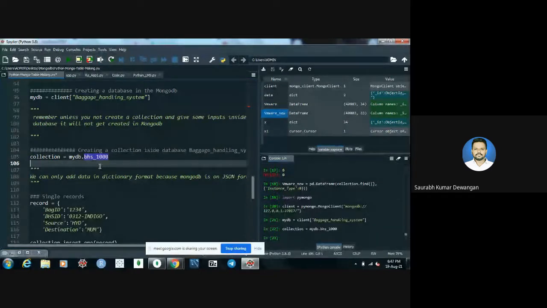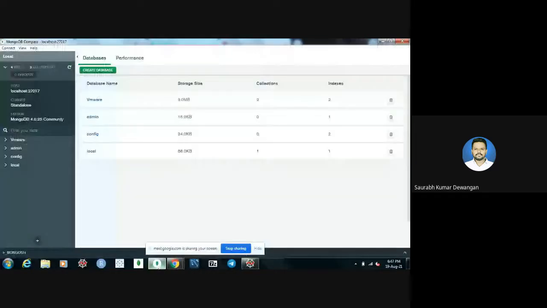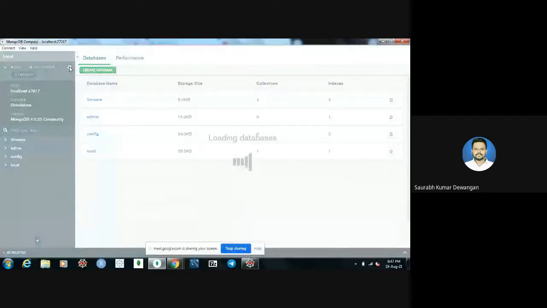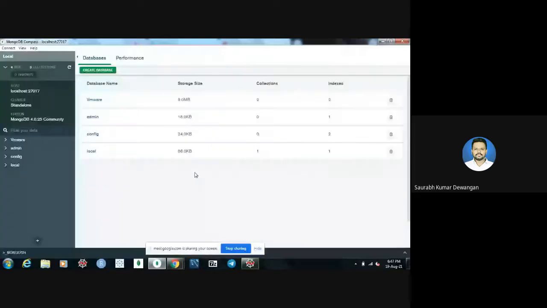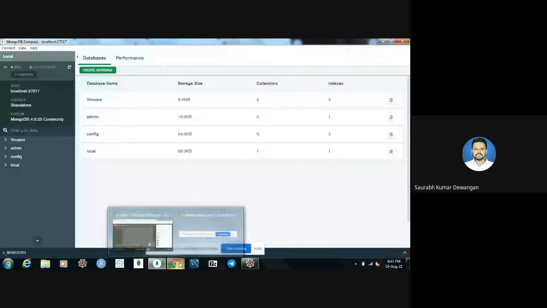Okay, so let me show you the MongoDB Compass, and let me refresh this for you. Okay, let it refresh. Okay, you can see no database is created, and if there is no database, there is no collection also, right? Why is it not there?